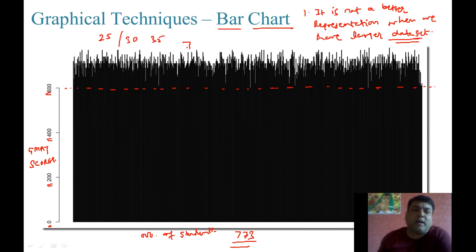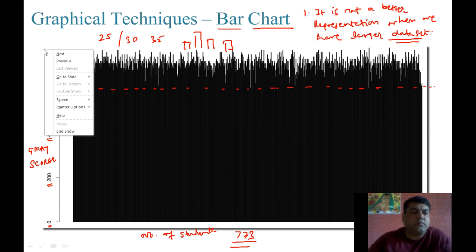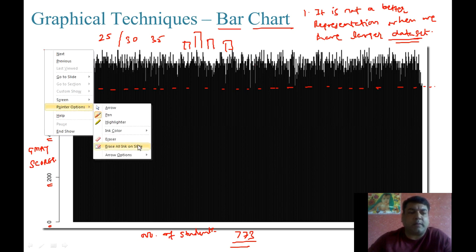So you will get a bar-like structure like this, right? If there are 10, 15, 20 bars, then you can make out some analysis, you can come up with some sort of understanding out of that particular plot, right? So this is one plot for you guys, that is the bar plot.